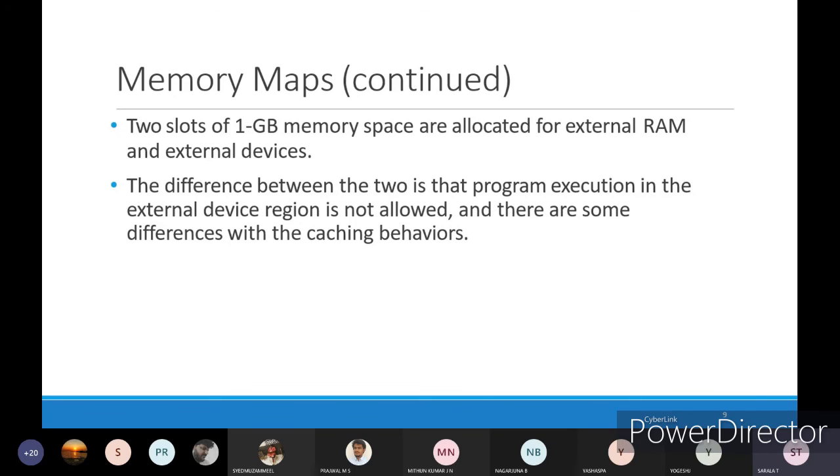Means if you are connecting any devices externally to access through or control through Cortex M3, then the external devices memory area will be used. The difference between the two is that program execution in the external device region is not allowed, and there are some differences with the caching behavior.